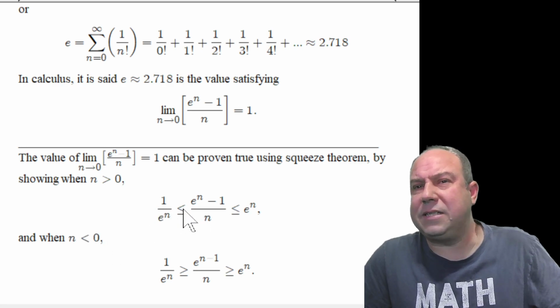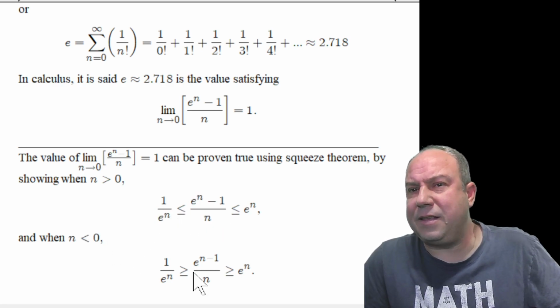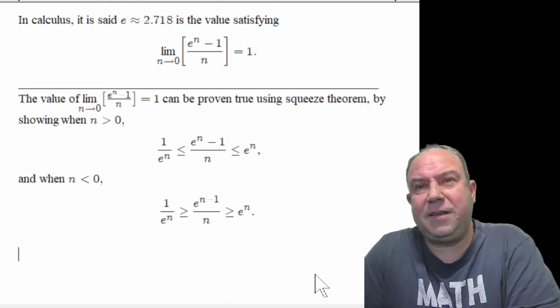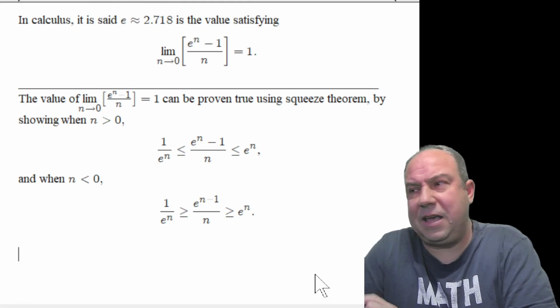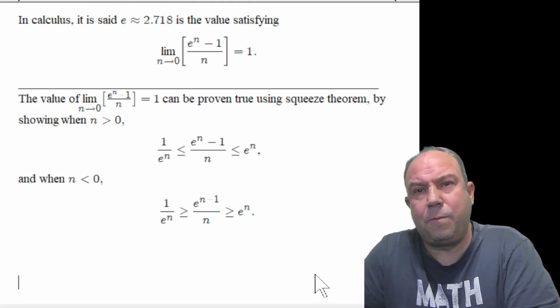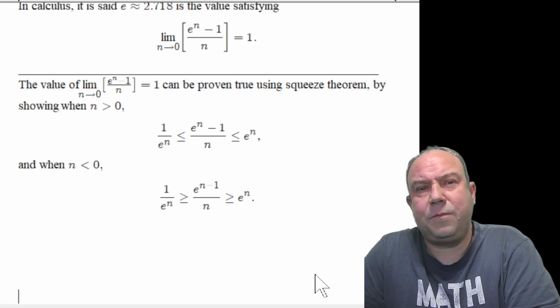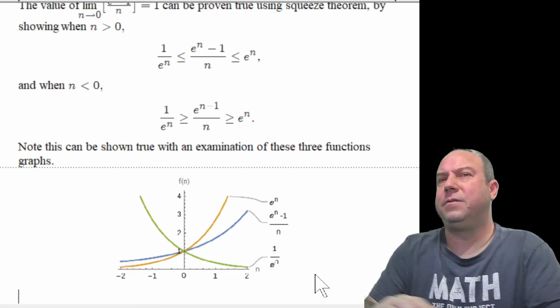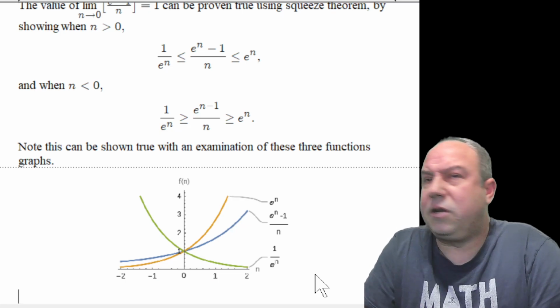Now, the easiest way to say that these inequalities are true quickly, without spending the entire lesson on just defining and showing these inequalities as true, is to look at it graphically. If we look at the graph of these